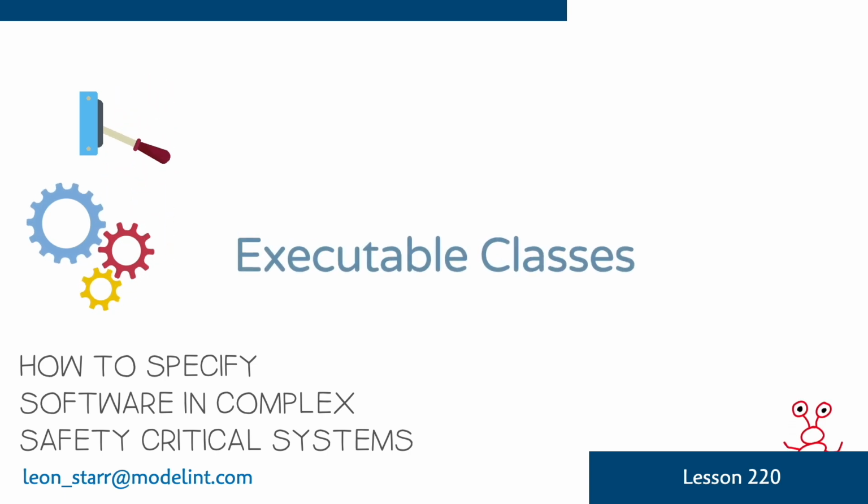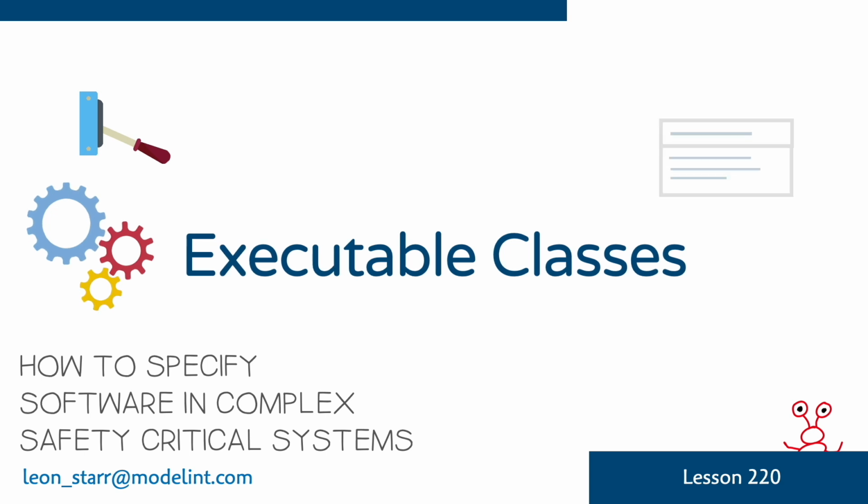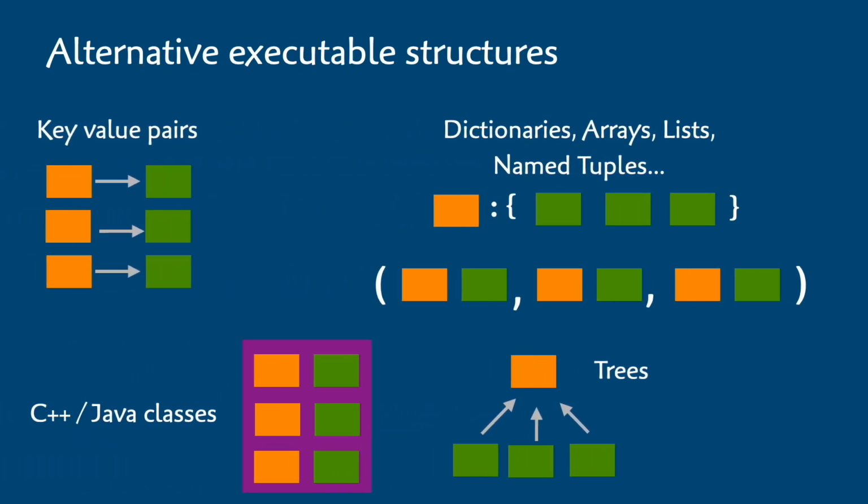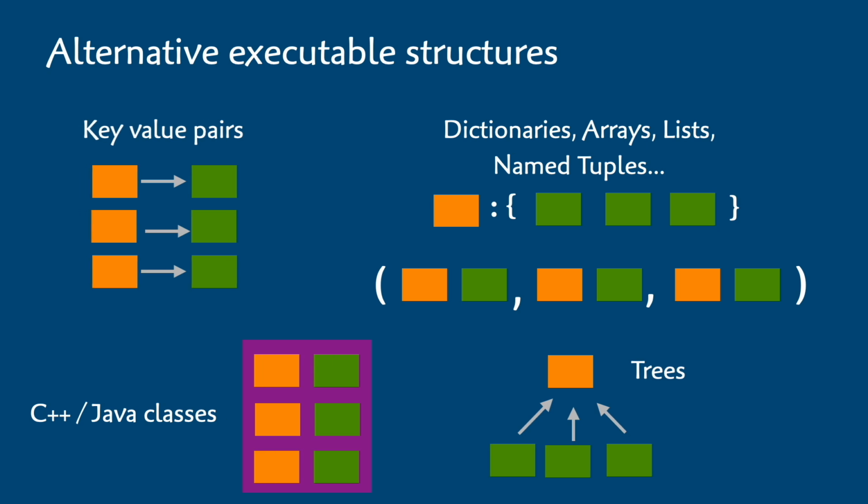So here, in executable classes, we'll take a closer look at the operations or actions that let us manipulate these tables. But first, why tables instead of something else? There are all kinds of executable data structures that we could use to formally represent our data. When we implement, we typically need a wide variety of data structures and their associated operations to achieve the desired efficiency. We optimize for a certain type of lookup, or maybe memory utilization, or maybe we're just trying to make the best use of the idioms of a given language or framework.